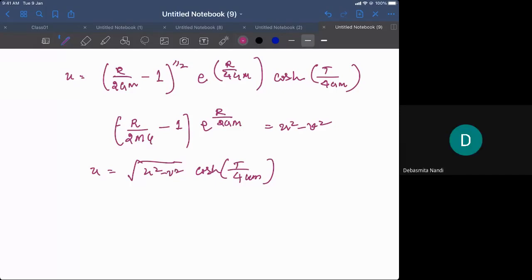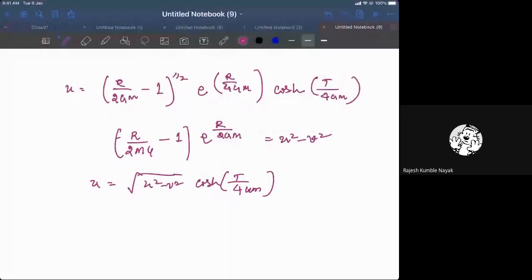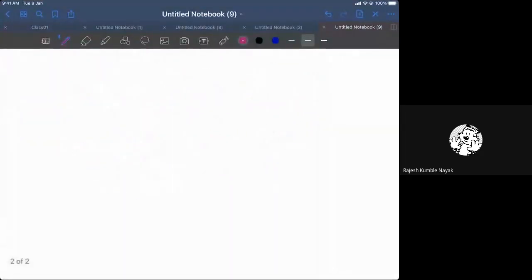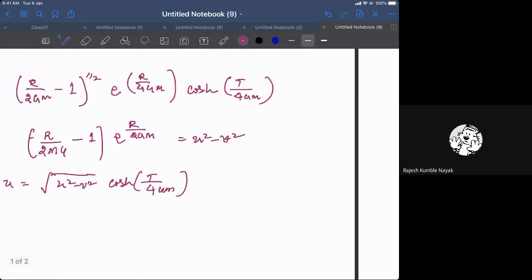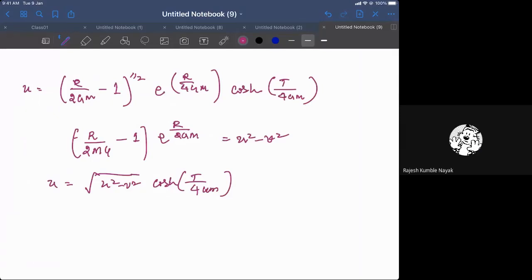Okay, sir, got it. One goes to 0, t is equal to 0, u is equal to 1. The other one, when t is equal to infinity, one blows up, u goes to infinity. You can do the other one, which has a sinh. And from that, you can show they are basically a straight line going through 0. Is it okay? Yes, sir, I got it. Any other questions?